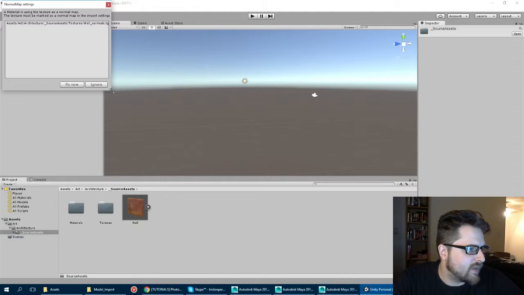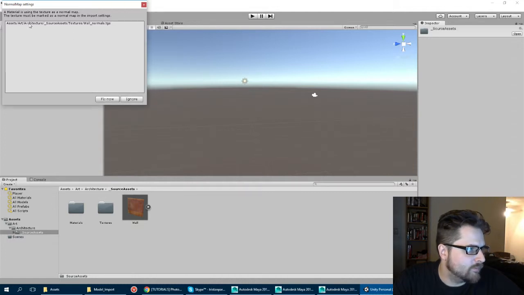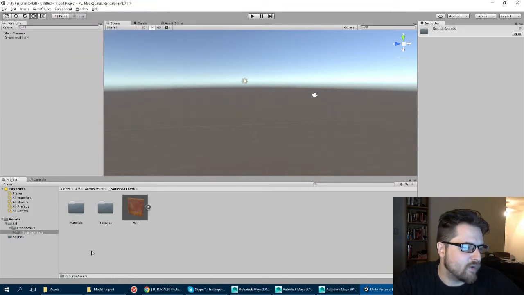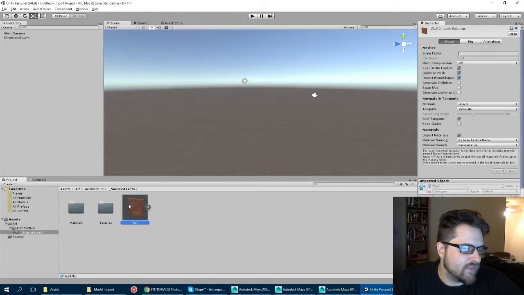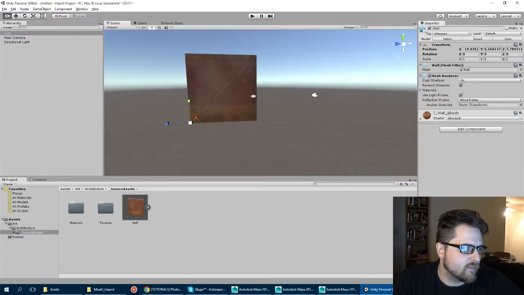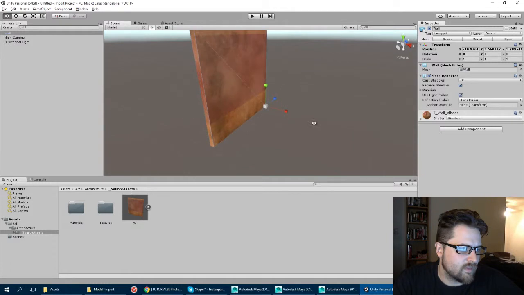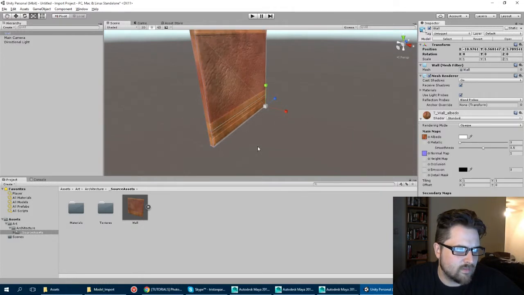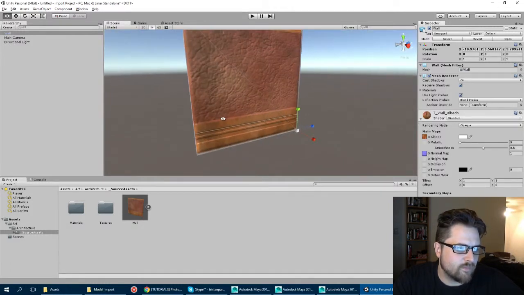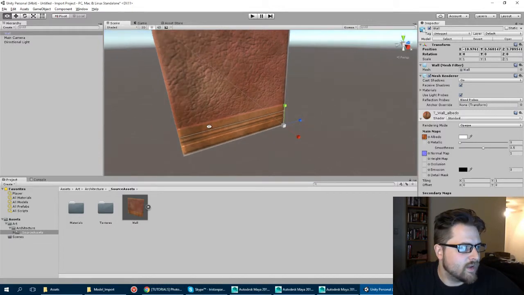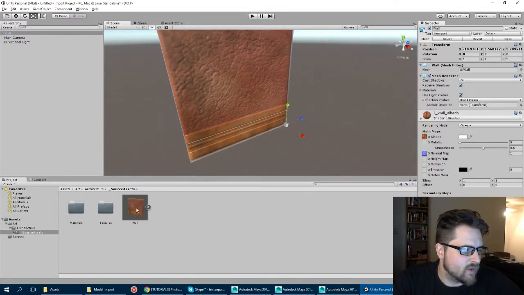Now it says that I have a normal map that is not listed as a normal map, so you can just hit fix now. Basically that allows you to bring in the asset correctly. And there we go. So I just dragged my wall model from outside of the project into the scene,